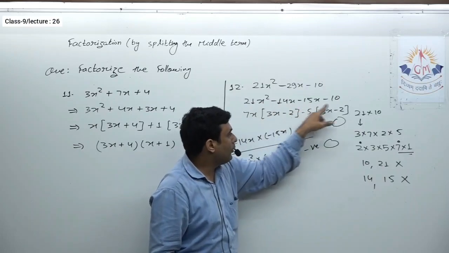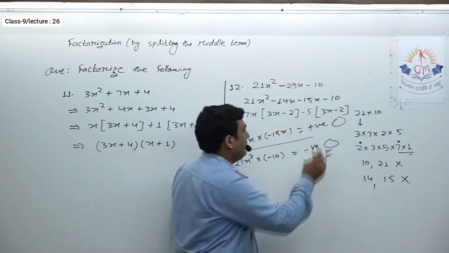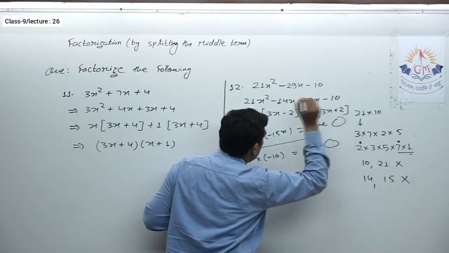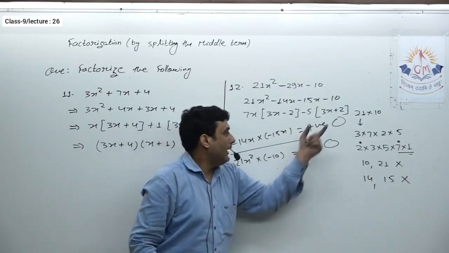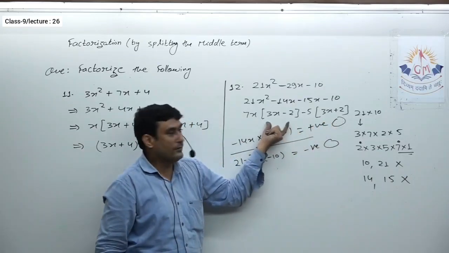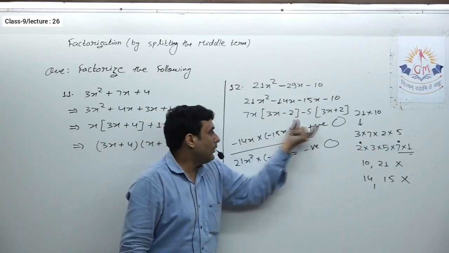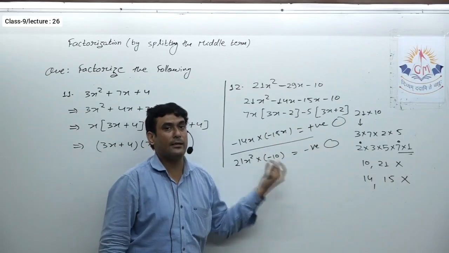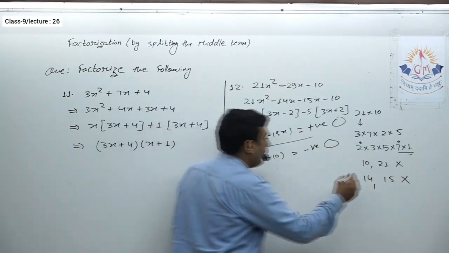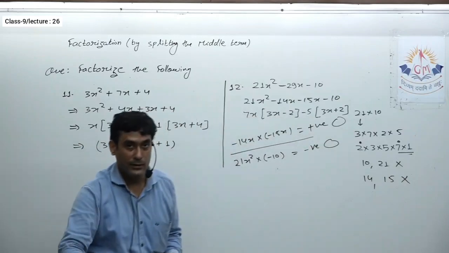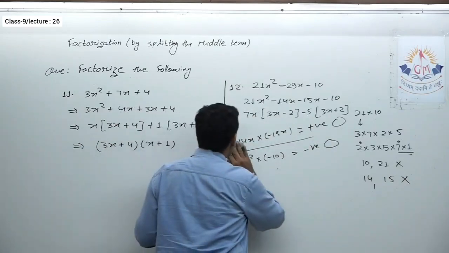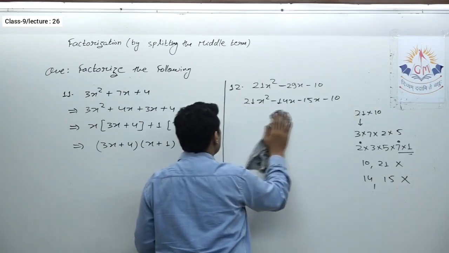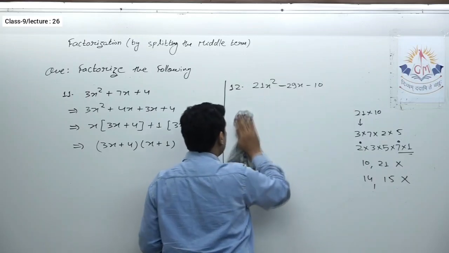In other words, it is not possible to take minus 5 common from these two, or if you take minus 5 common from these two, here you will get 3x plus 2. And now here it is 3x plus 2, here we have 3x minus 2. It means now we do not have any common term, so it is not possible to factorize it further, and that happens because we took an incorrect combination, isn't it? It means now we have to think again of a group which gives this thing correct.